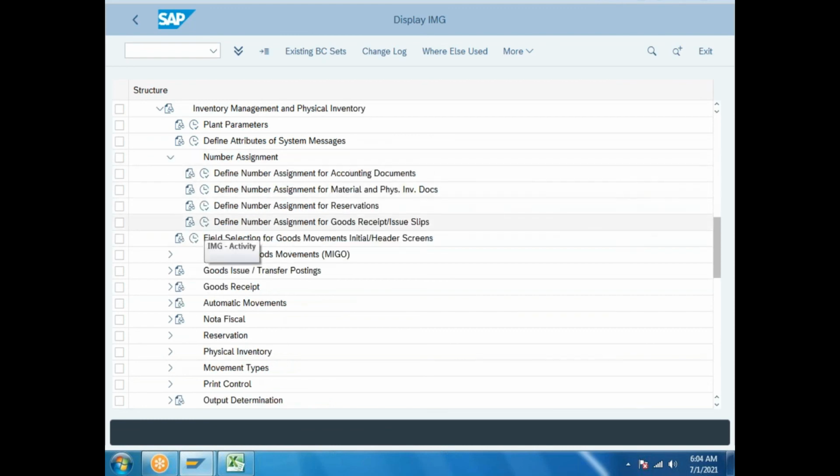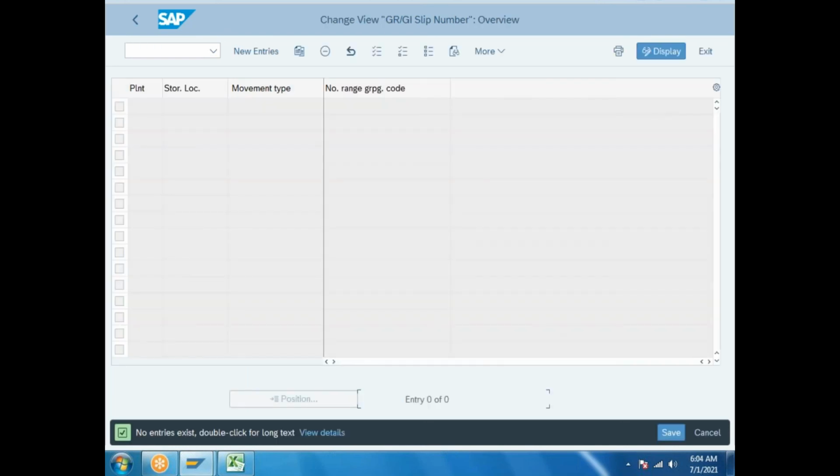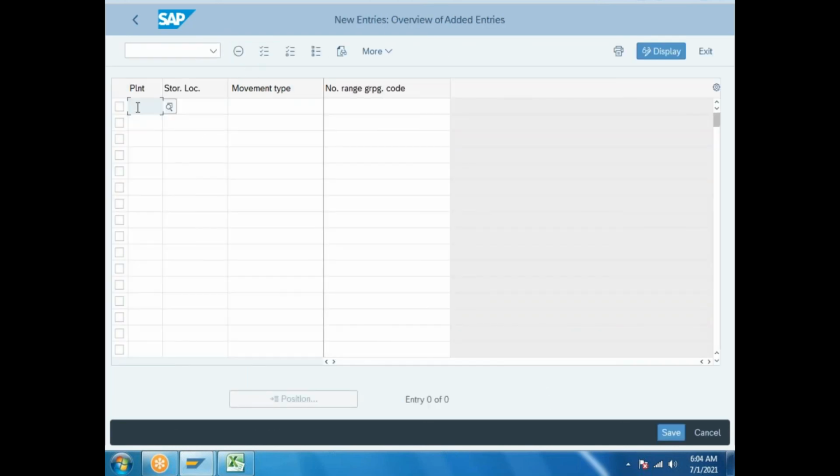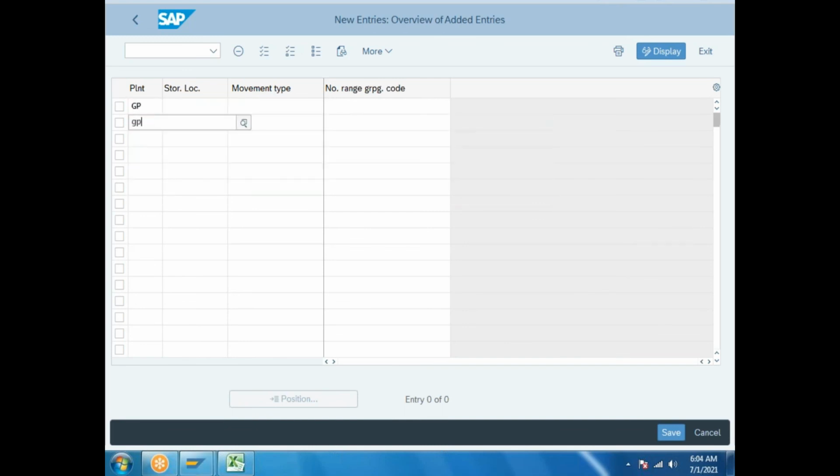Now, number assignment. GP, GP, storage location: raw material, finished goods, semi-finished goods, movement type 101.